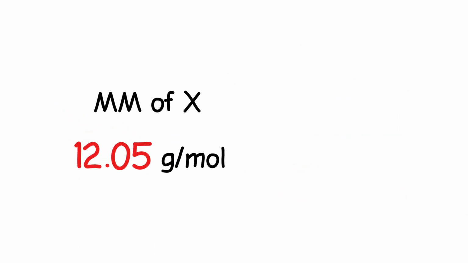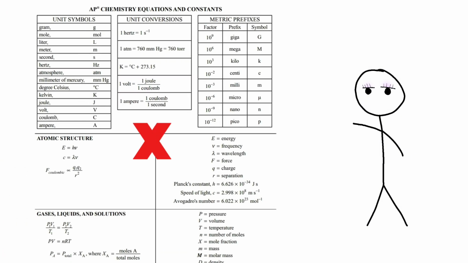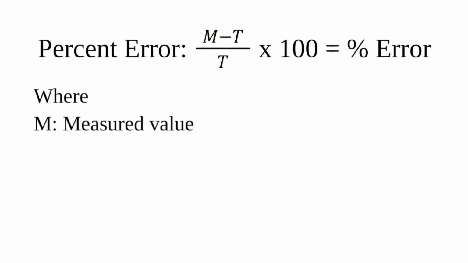The third question asks us to calculate the percent error. The percent error formula won't be on your reference table, so you will unfortunately have to remember this one. The formula is as follows. Percent error equals (m minus t) over t times 100, where m is your measured value and t is your